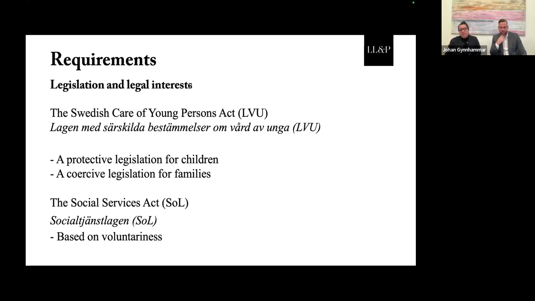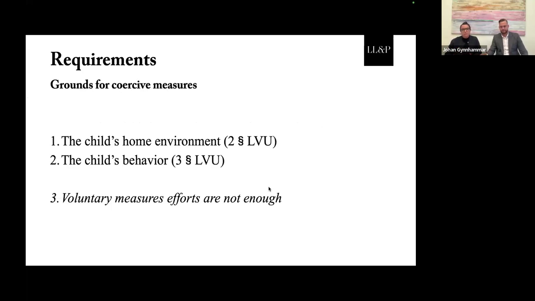In cases where the social services, for example, have questions regarding that a child might be placed within LVU, they can, we will talk about this further now, but they can, through the Social Services Act, based on voluntary measures from the parents, for example, or from the child, make sure that it is not an LVU. And the grounds for these coercive measures are basically two